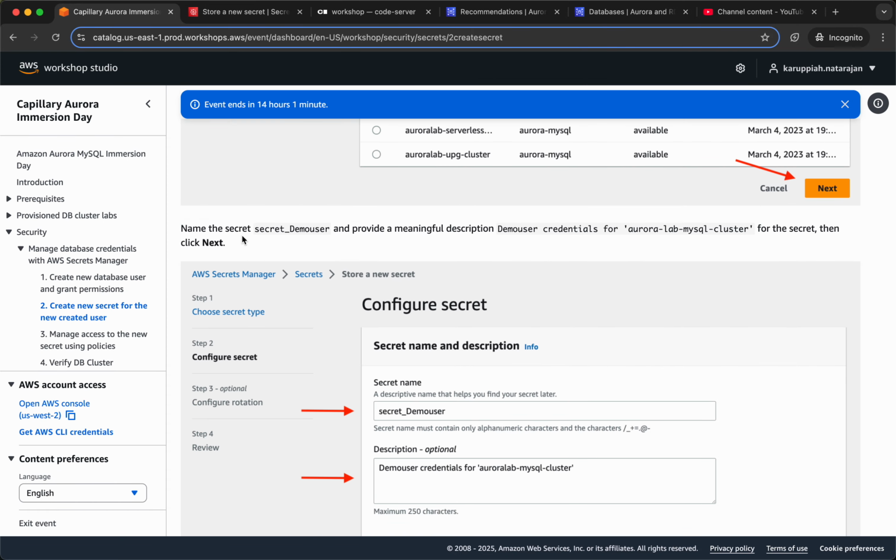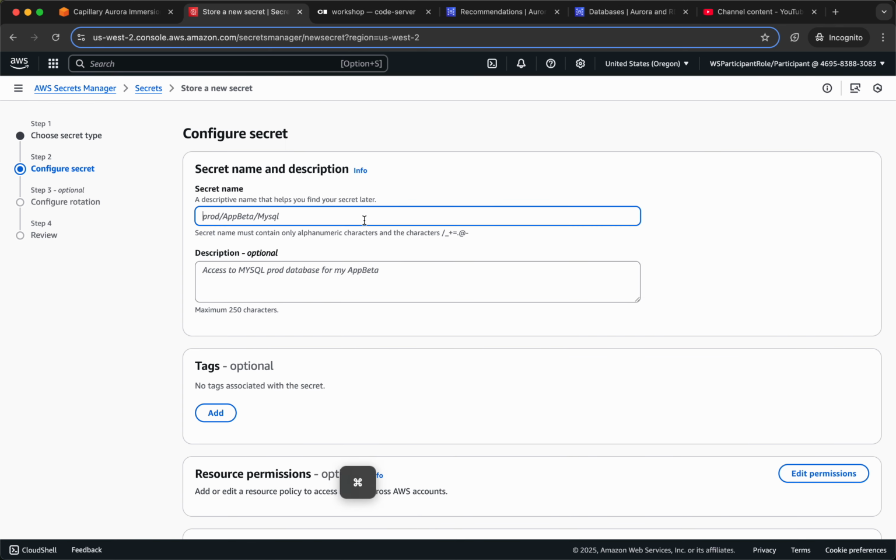Okay, so name the secret demo user and provide a meaningful description. Demo user credentials for the secret. Okay, so secret demo user. You can have slashes in the name apparently, and then underscore plus equal to dot at and hyphen. A hyphen at the end is allowed? Yeah, it's allowed. Space at the end is allowed? Yeah. Anyways,